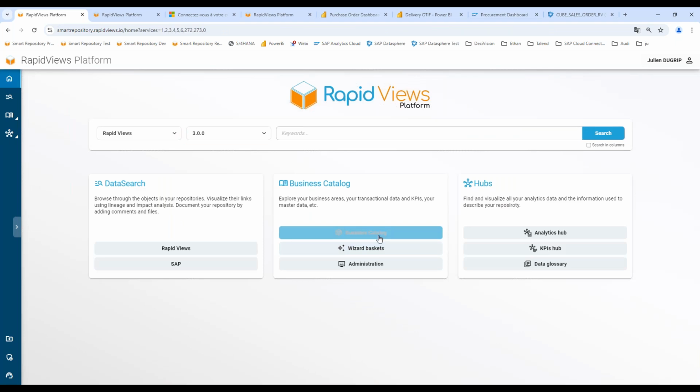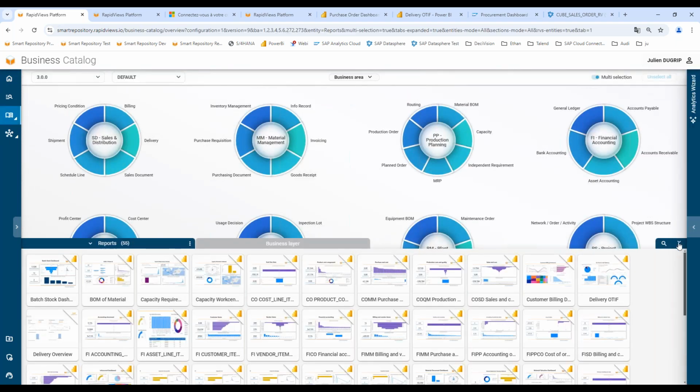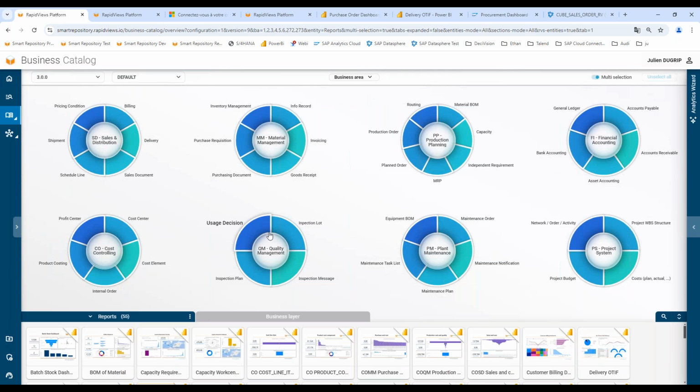Okay, good. The last functionality is the business catalog. We saw the business catalog in the previous demonstration, but in this demonstration, I retrieve the whole catalog with all the business areas. These business areas can be directly customized by the customer. For this demonstration, it's a specific customization around the SAP process, but if I have one customer in retail, another customer in healthcare, and so on, I can customize my business catalog directly through my company process, my company division, my company family. Okay.